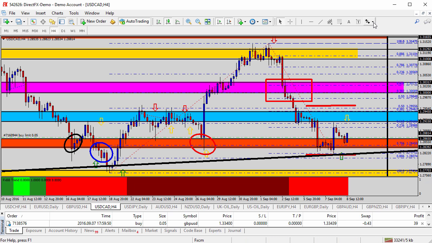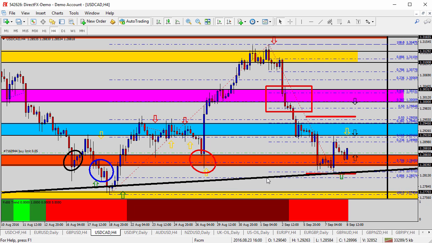So for me, as long as it stays above that orange shaded area, the potential is for the currency pair to go long into the orange shaded area, targeting back to the blue zone or even higher back to the pink zone, depending on how those crude oil inventories come out. We saw a little bit of a boost yesterday, and then it came back down. I'm looking for a buy somewhere around 28.70 to 28.65, looking for it to buy and go back up here